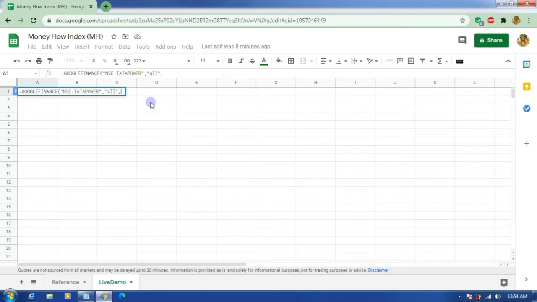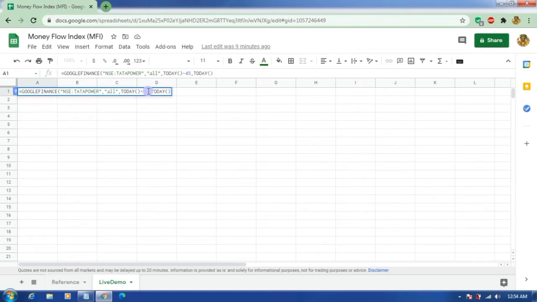From which date till what date do you want to get this data? So I want to get today minus, let's say, 60 days or 45 days of data, so that we will have the graph for 30 days. If we get 45 days of data, why are we getting a 30 day chart only? I'll tell you the reason. Please don't skip it. 45 days, comma, till what date do you want to get? Till today.